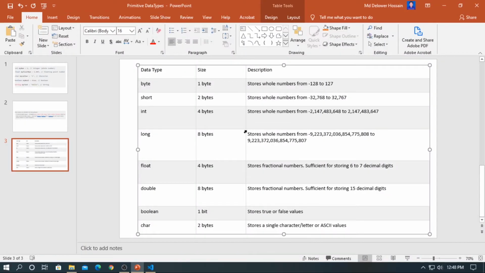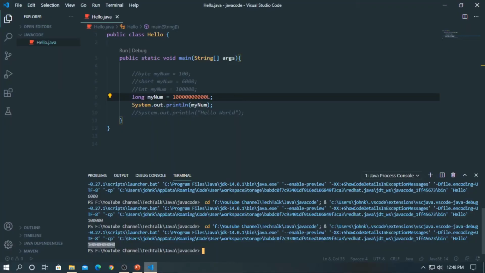Floating point types. We should use a floating point type whenever we need a number with a decimal, such as 10.01 or 3.1416. Next data type is float. A float value should end with an f. Let's make a variable with a float.